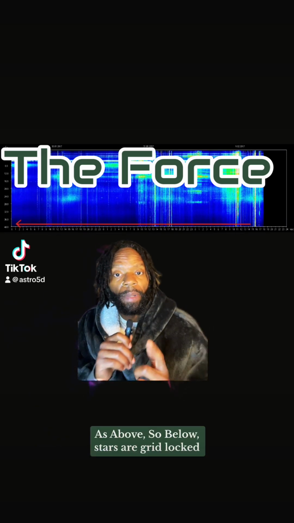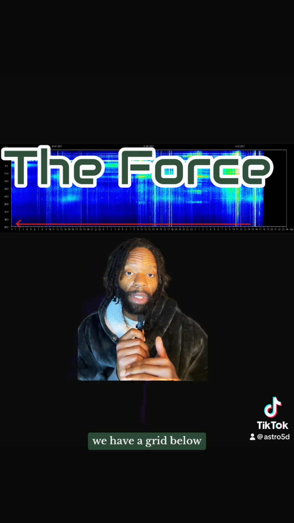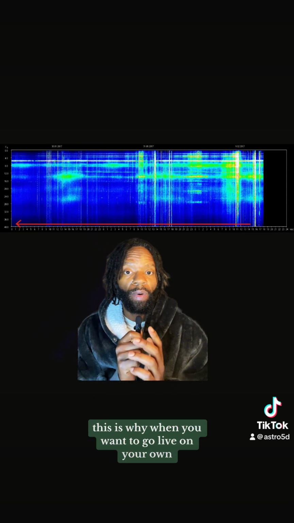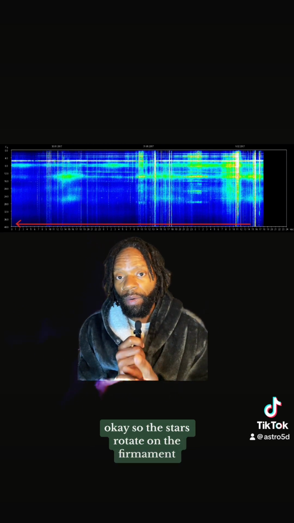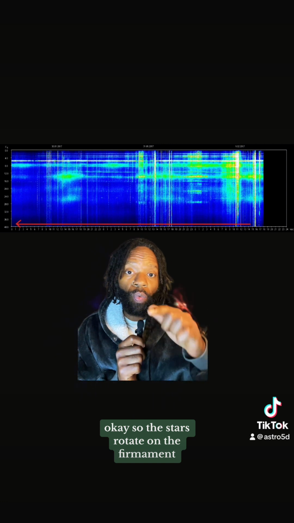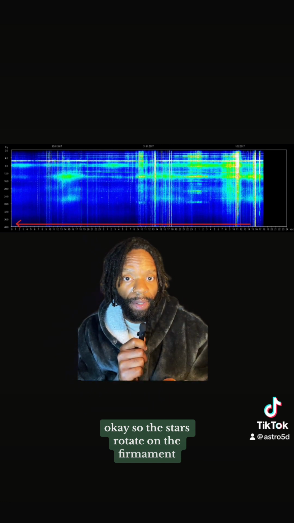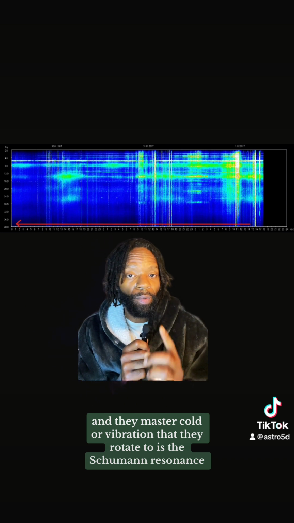As above, so below. Stars are gridlocked. We have a grid below. This is why when you want to go live on your own and be self-sustainable, you go live off the grid, okay? So the stars rotate on the firmament, and the master code or vibration that they rotate to is